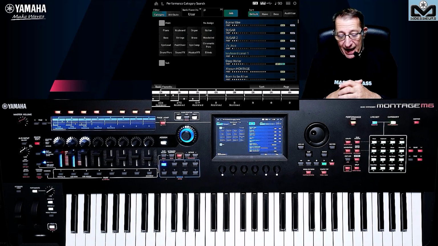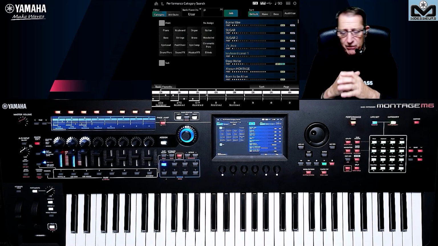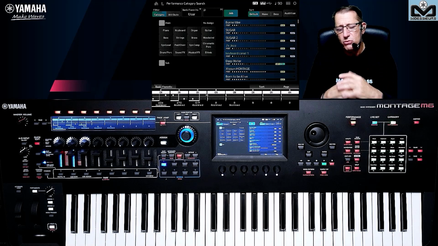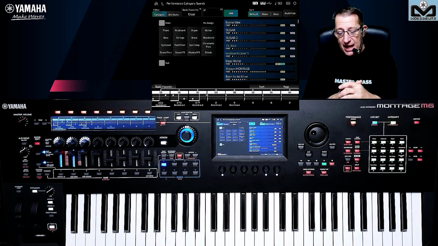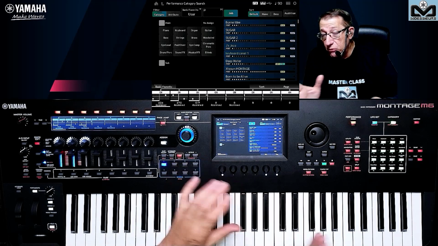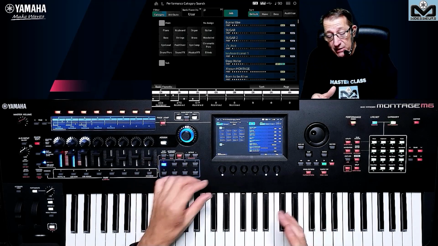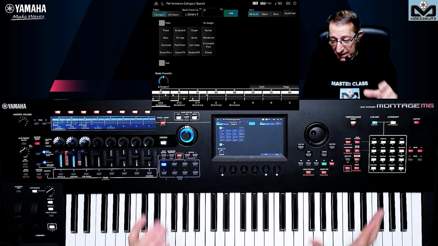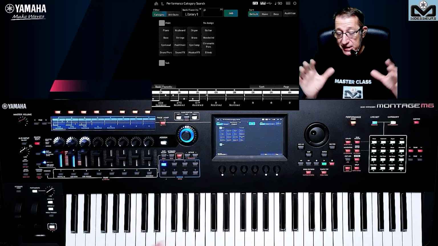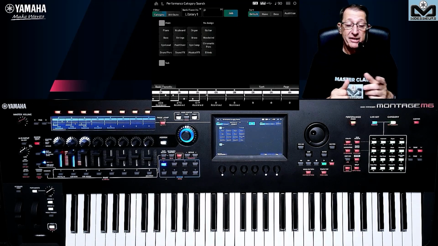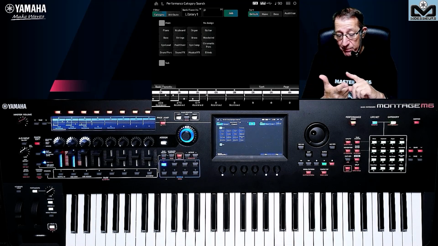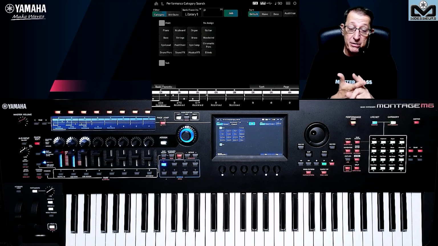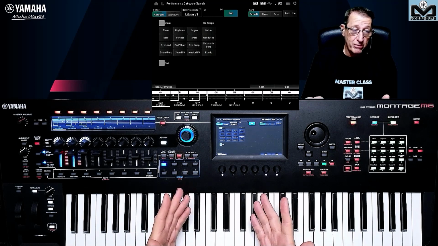Okay, and this is the user area. You can delete, you can overwrite, you can rename, you can do what you want. This is your workplace area. You do what you need inside. And if you are full, you can save it as a library, and we have 16 libraries inside the Montage M. So it's a huge place to have. Soundbanks that you can buy, soundbanks that you can download for free as an example. And you can download the free Montage bank, but do not download the Imperial, because you already have the Imperial inside, okay?